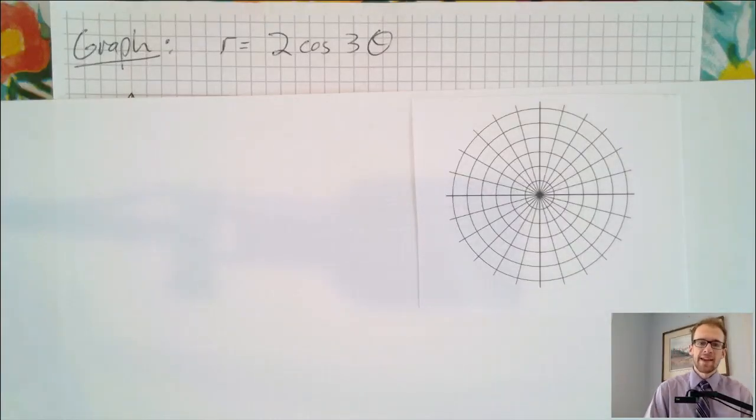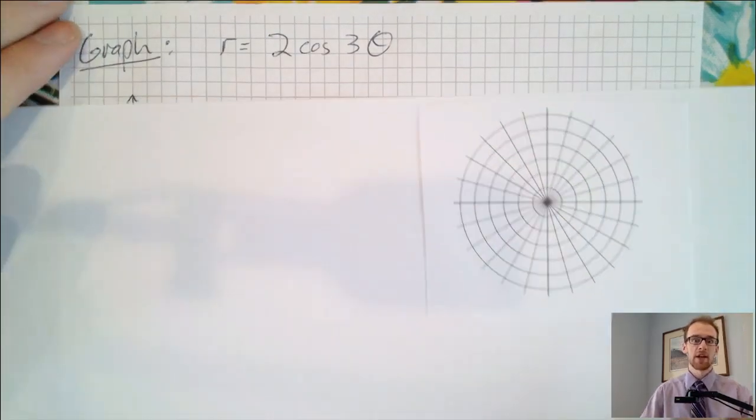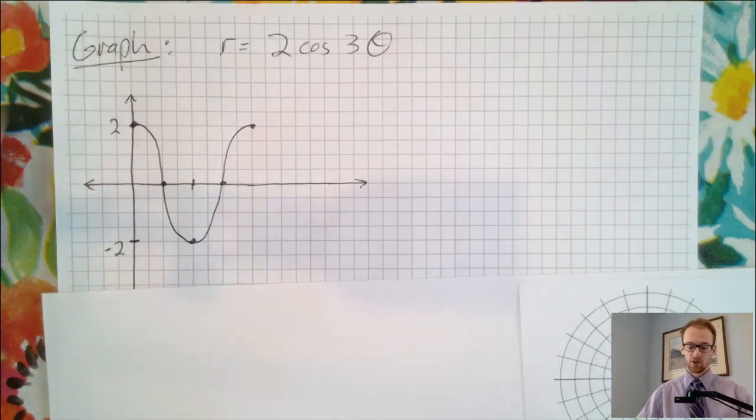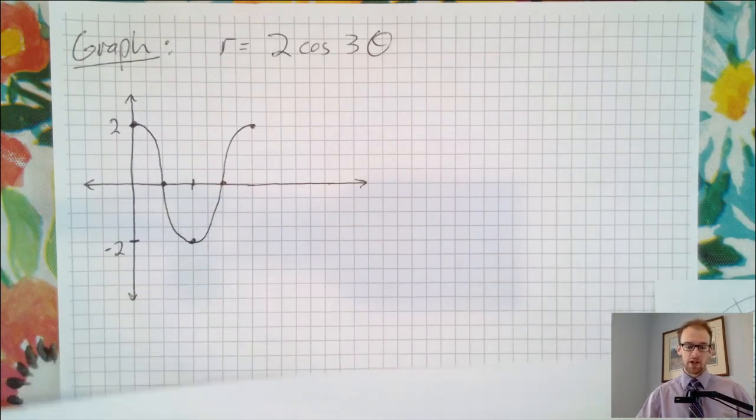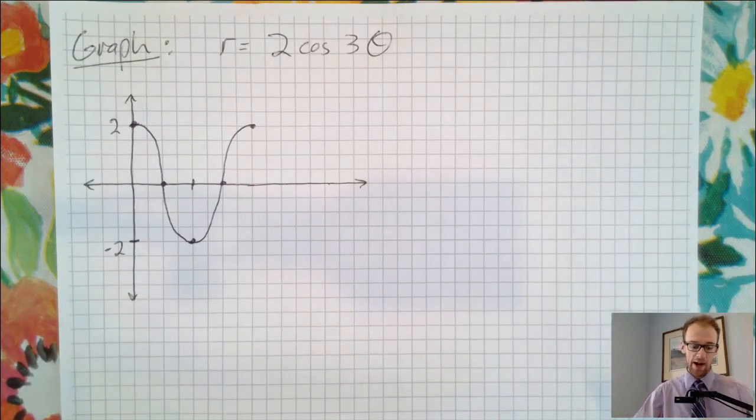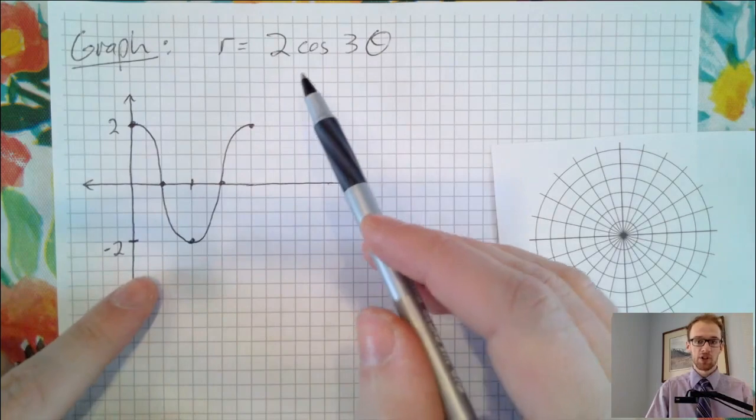Okay, for the next and final video of this series, we are going to graph another trig function in polar, but this time we're going to use what we remember from chapter 4, which was how to graph trig equations in a rectangular grid. Okay, so I went ahead and did some work and graphed the curve r equals 2